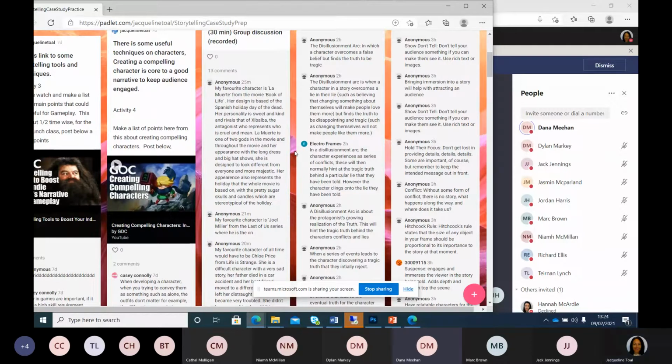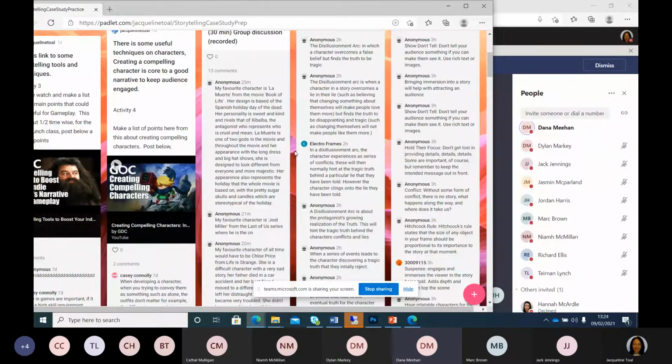Her appearance was that of one that would spark joy, because it tied into her whole theme: she's the good one, the joyous one who celebrates all the time. She's got a big hat, a big dress, and elements of her outfit even tie back to the holiday the whole movie revolves around, the Day of the Dead.